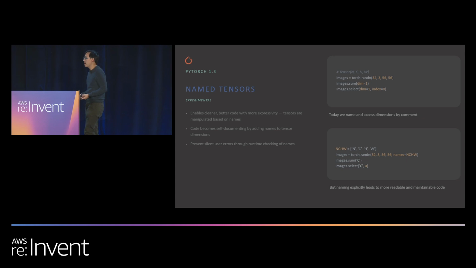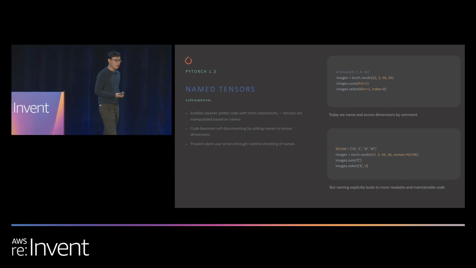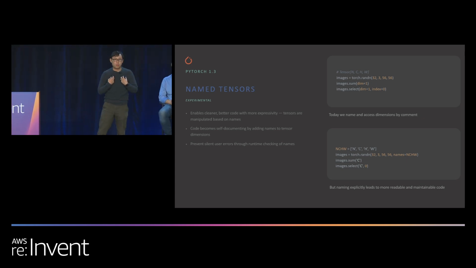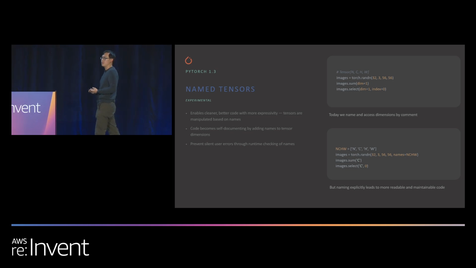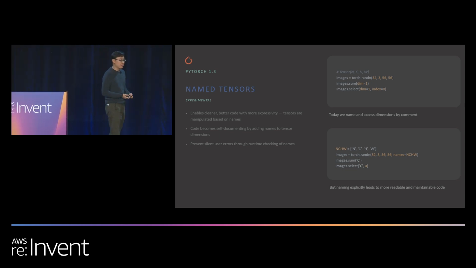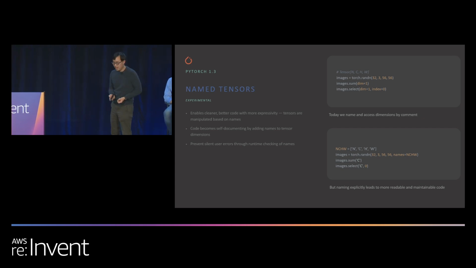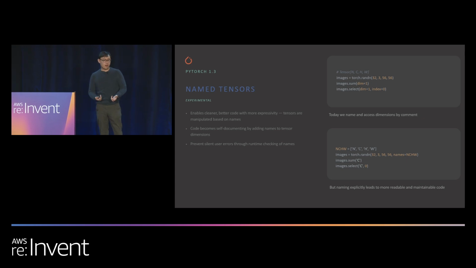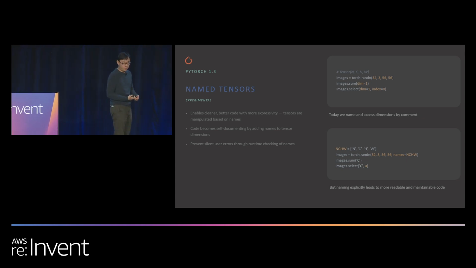Another thing that we've been working on is named tensors. This is a great example of what we can do when we prioritize the core usability of PyTorch as a library and collaborate with the community and other researchers to work on new features. This was initially proposed by Sasha Rush at Harvard, who is a core user of PyTorch from the very early